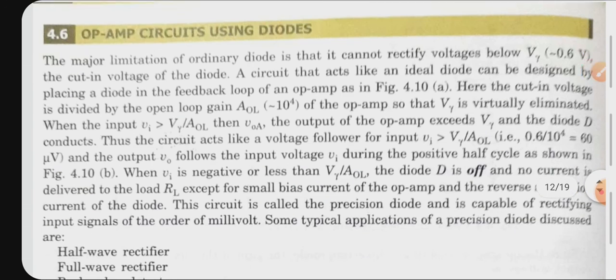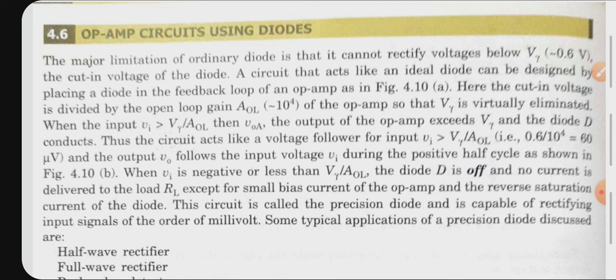Coming to the next application, there are some applications using diodes, half wave rectifier and full wave rectifier. These are called as precision rectifiers. Precision means having accuracy. As we know that ordinary diode can rectify the signals above 0.6 or 0.7 volt, because we know that cut-in voltage or barrier potential for silicon diode is 0.6 or 0.7 volt only. 0.6 volt means 600 millivolt. So it can rectify the signals above 600 millivolt only, because it is getting on after 600 millivolt only.